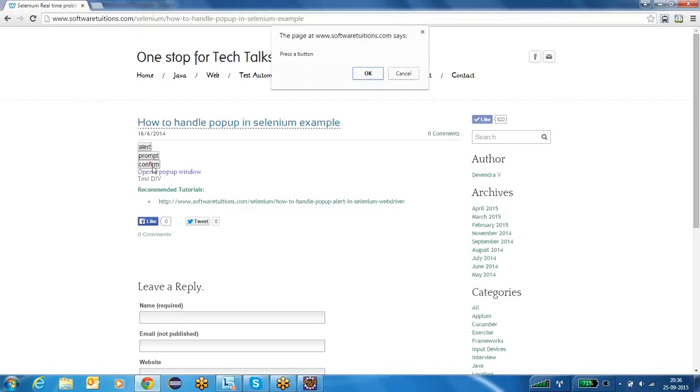Okay, the third one is confirm. Confirm looks like this. It contains two buttons, OK or cancel. You have already seen this, I guess, in many web pages. If you do some sensitive actions like deleting something, even in Windows you can see that if you delete a file, it will say, are you willing to delete this file, are you sure? Like that they will ask, because they will confirm once again.